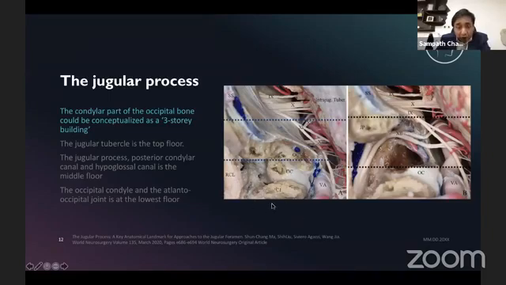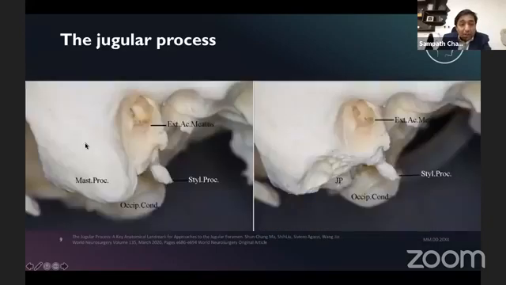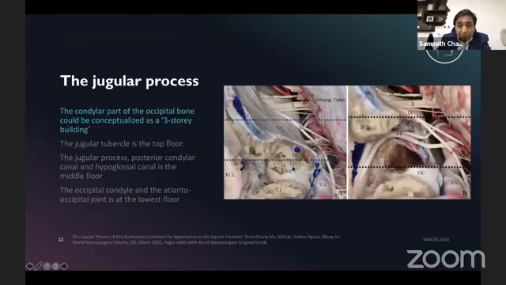Let's begin at the lower story because it's easy to understand. What I'm focusing on is this area from inferior to superior. What attaches itself to the occipital condyle here? The atlas, isn't it? The atlanto-occipital joint is here. So the lowest compartment corresponds to the occipital condyle and C1, the atlanto-occipital joint, and the vertebral artery anatomy. The middle compartment corresponds to the jugular process, the occipital condylar vein, and the intracranial compartments.